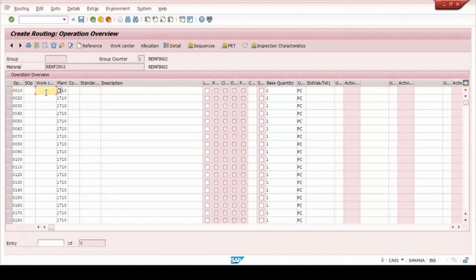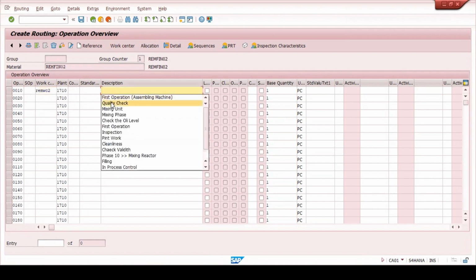Here you need to assign the sequence of machines that you need to follow to produce this particular finished product. I would like to take only one work center, which is REMWC2. This is my assembling machine, and I would like to maintain this assembling machine with the necessary